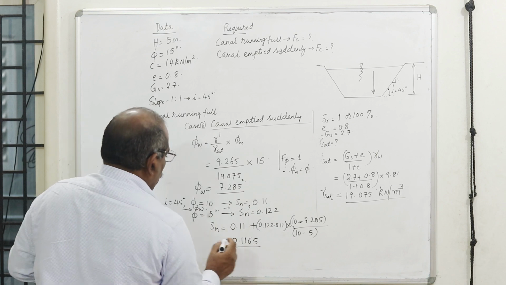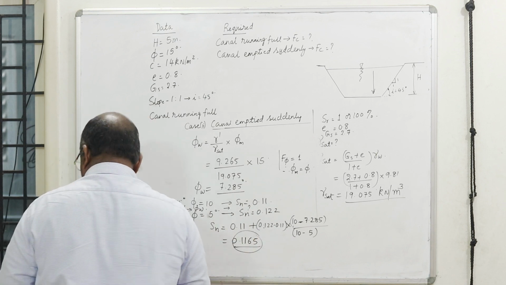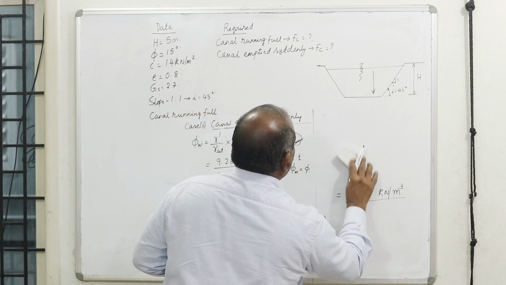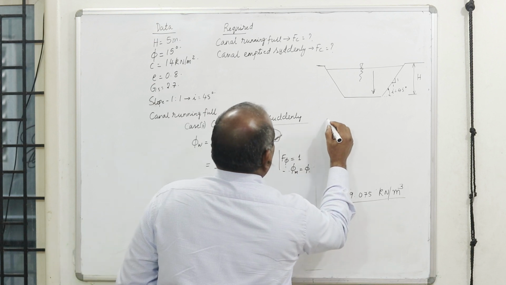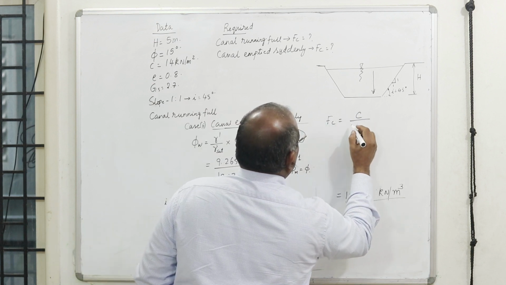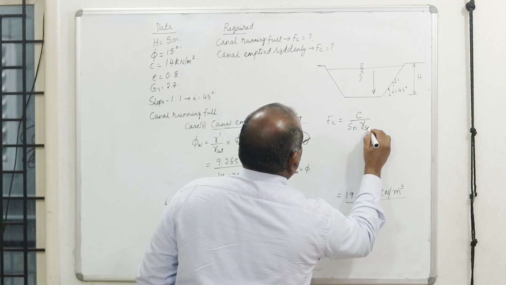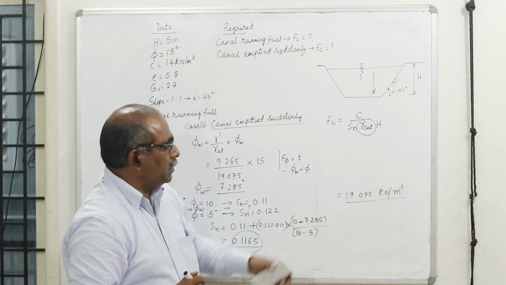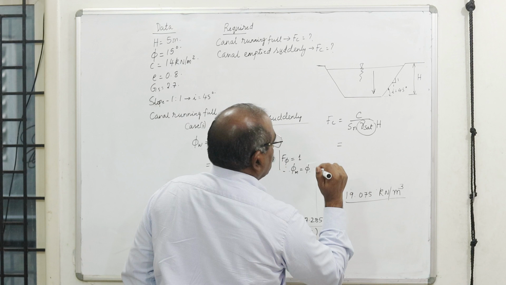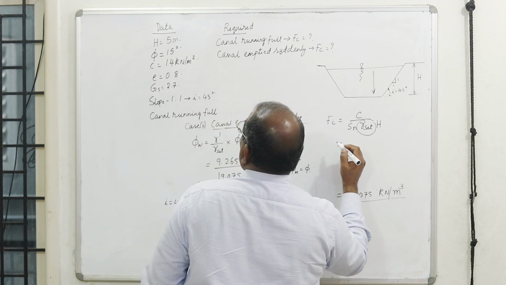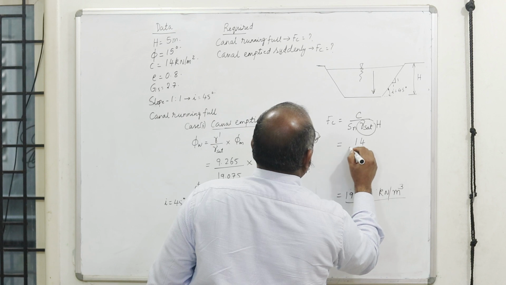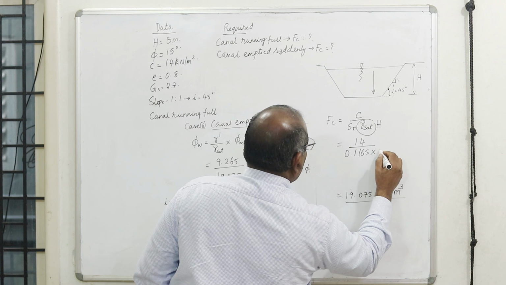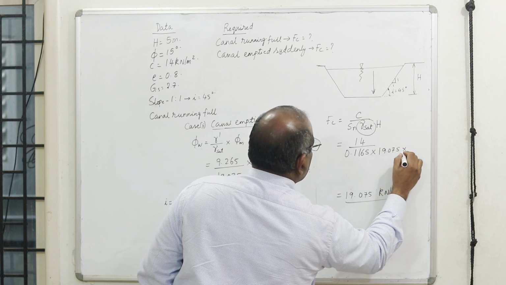Okay, it is increasing. Now, for this value of Sn, I need to find out my factor of safety. Now, Fc is equal to C by Sn into gamma saturated into H. Now this is the difference, students. In the first case, I had taken gamma submerged, now I am taking saturated unit weight. Therefore, I didn't erase this value, instead of remembering. The C value is 14, the Sn value is 0.1165, into gamma saturated is 19.075, into H is 5 meters.